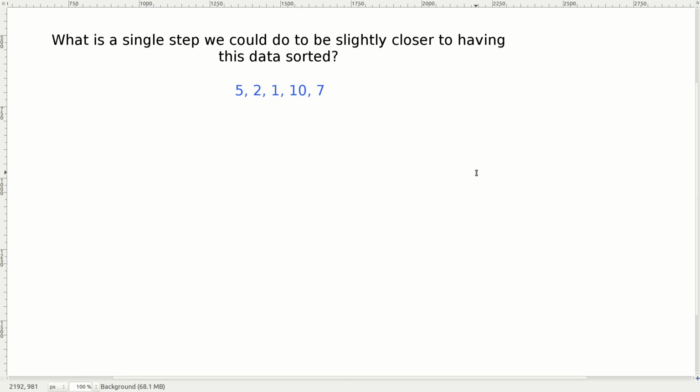And so what I want you to think about today is a single step, and you'll notice that I don't say single operation like x equals 3, but a single step that could be a little more complex than that, we could do to be slightly closer to having the data shown here being sorted. So the end goal is for it to all be sorted. But what's one small step that we could take that would get us a little bit closer to having the